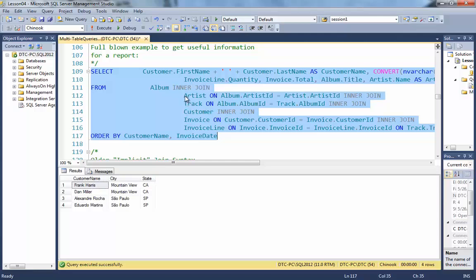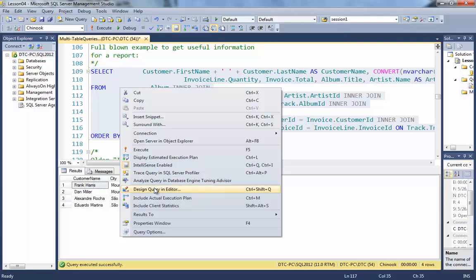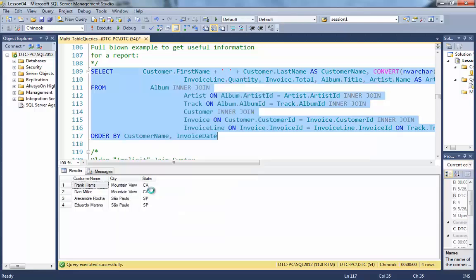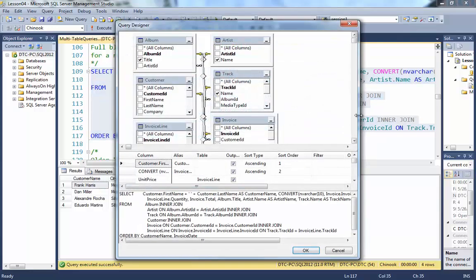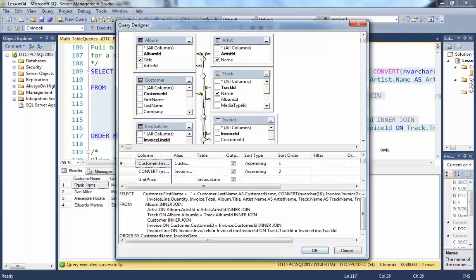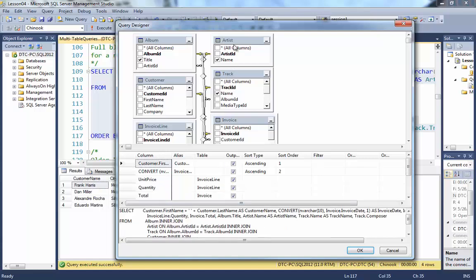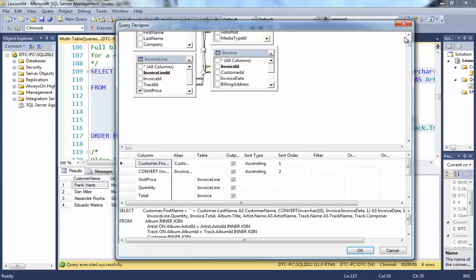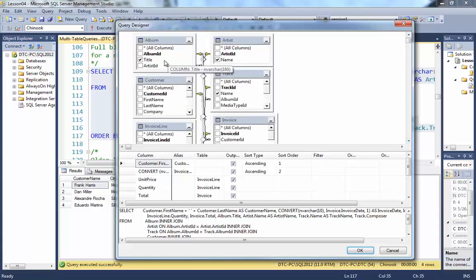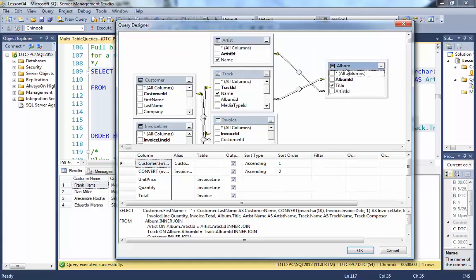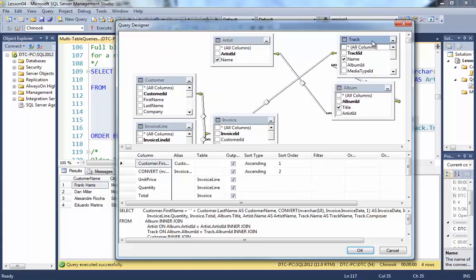So if I want to go back and take a look at that, I can simply highlight the query. And remember, we can go back in and design a query in the editor just by choosing that menu option. And when I do that, notice you can see all the different tables that I used in this query. And in fact, I am joining 6 tables together to get back some information that would be useful for maybe a report. So you can see that I pulled album information. And to make this look a little bit better,